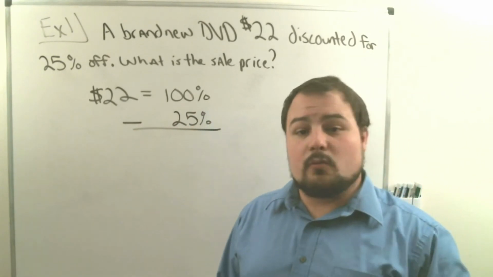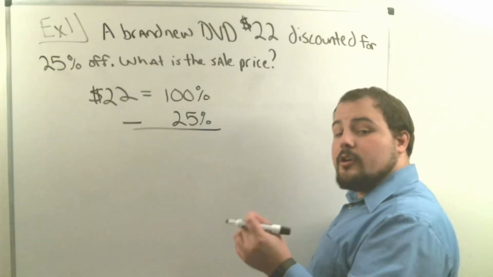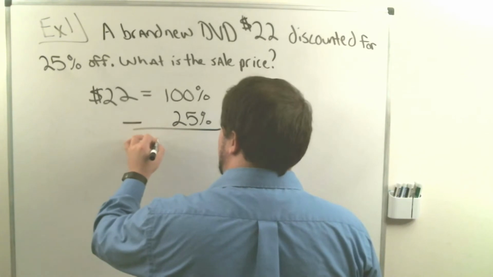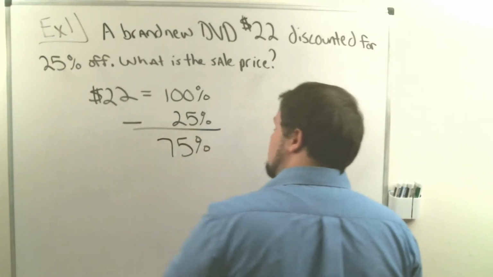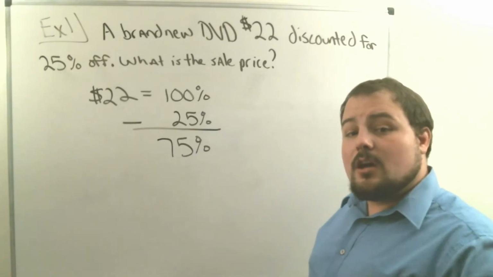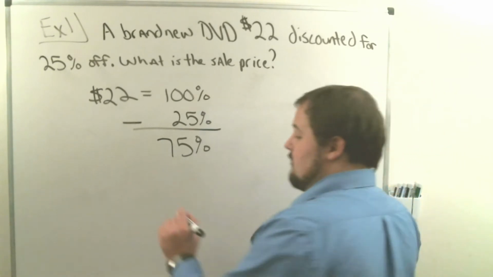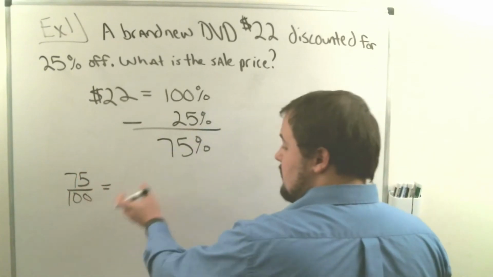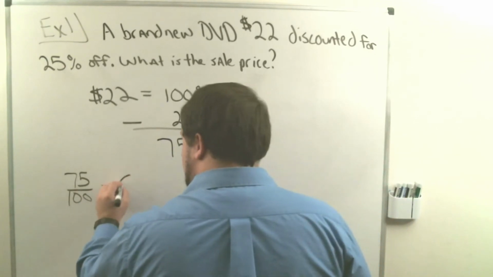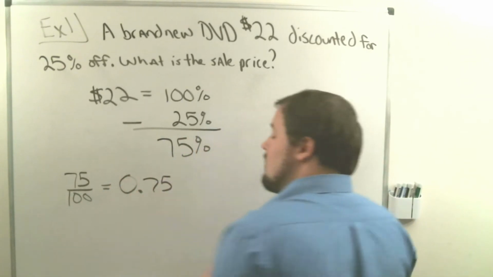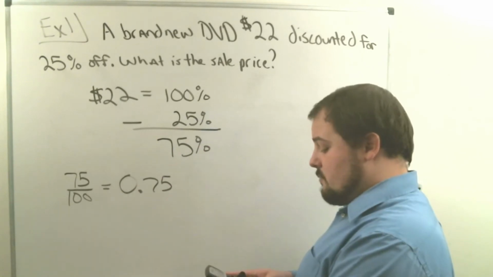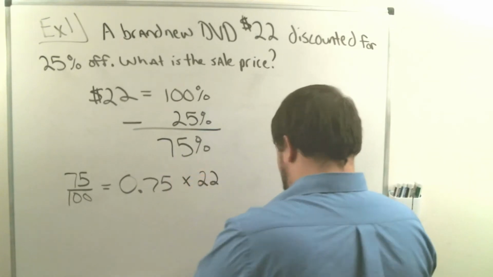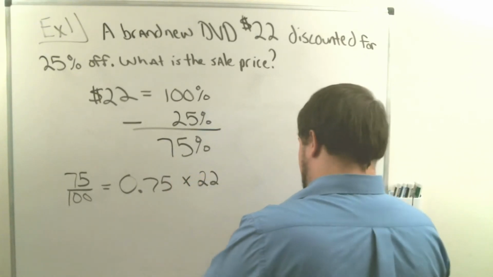Well, if we have 100% and we take off 25%, we're actually only going to pay 75%, and that's our sales price. So 100% minus 25% is 75%. So we're going to pay 75% of $22. So what we need to do now is take 75, divide it by 100, and that's going to change our percentage to a decimal, which is 0.75. Once we have that answer, we multiply 0.75 by the price of 22. So 0.75 times 22 equals